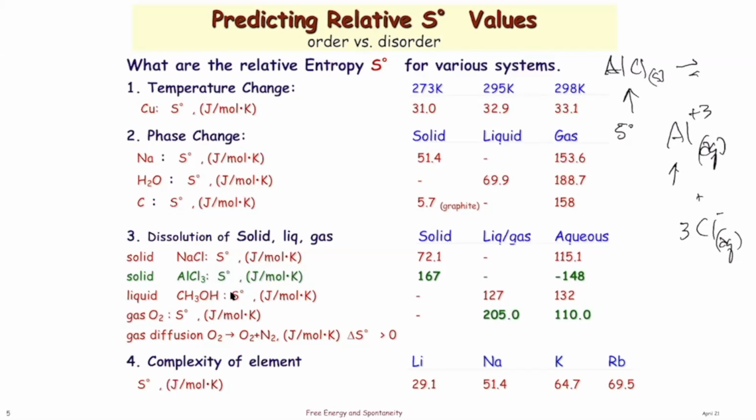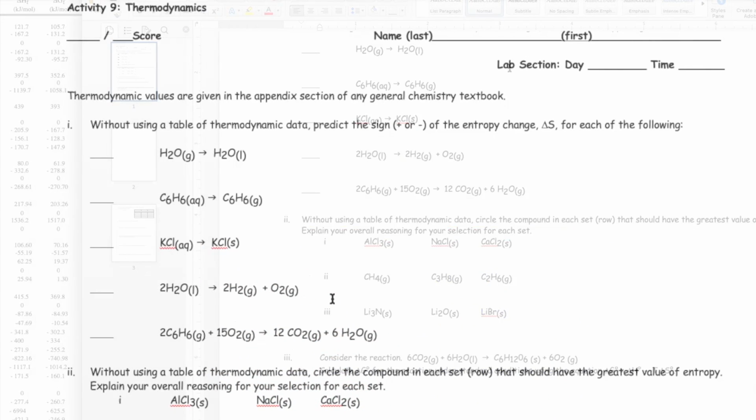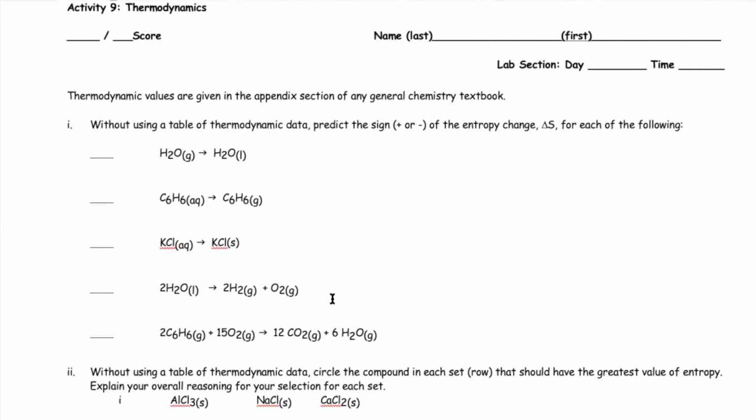answer the first question of your activity. And the first question of your activity is basically, if the product has more available microstates, the entropy goes up, and you would put positive. If the product is more organized compared to the reactant, the entropy would go down. You put negative. And then here, these are the questions that I was just